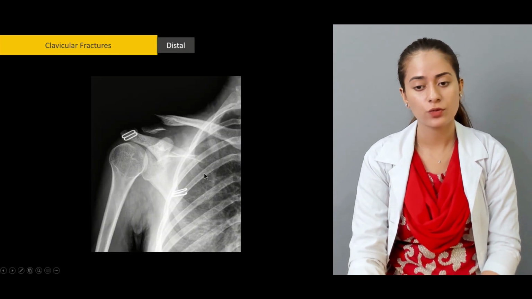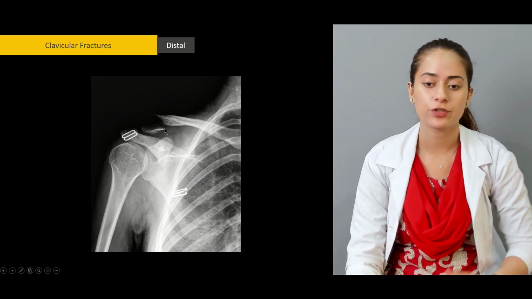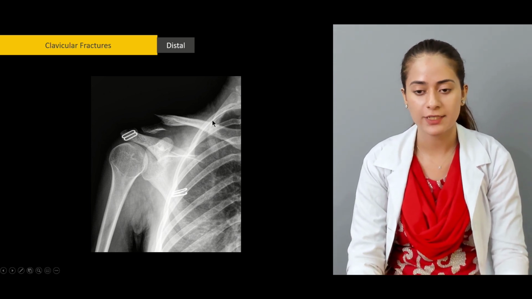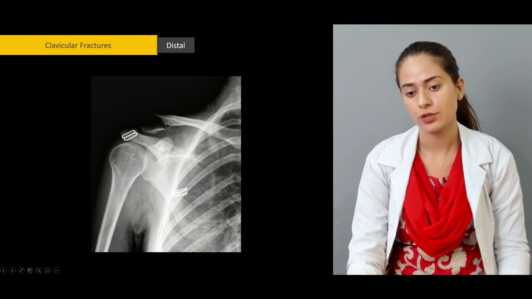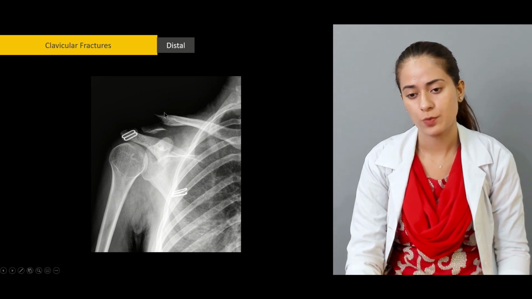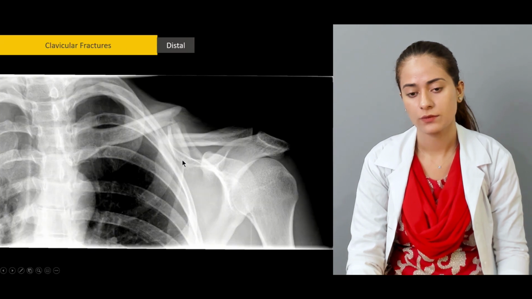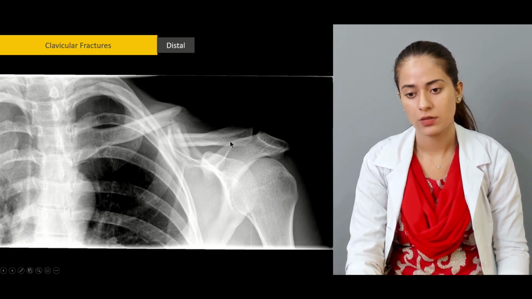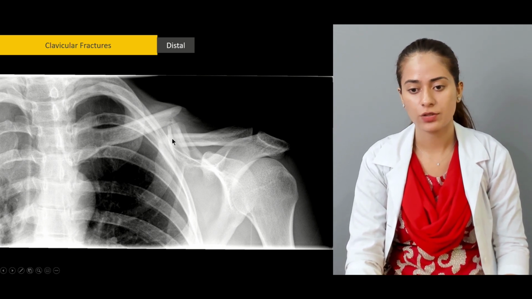So now we move to the clavicular fractures. We saw some of the clavicular fractures before as well. The comminuted fracture, which was surgically corrected with screws. So this is again a distal clavicular fracture, which is displaced superiorly here. This again is a clavicular fracture, acromion clavicle. So it's separated completely. It's an irregular fracture site here, as we can see,